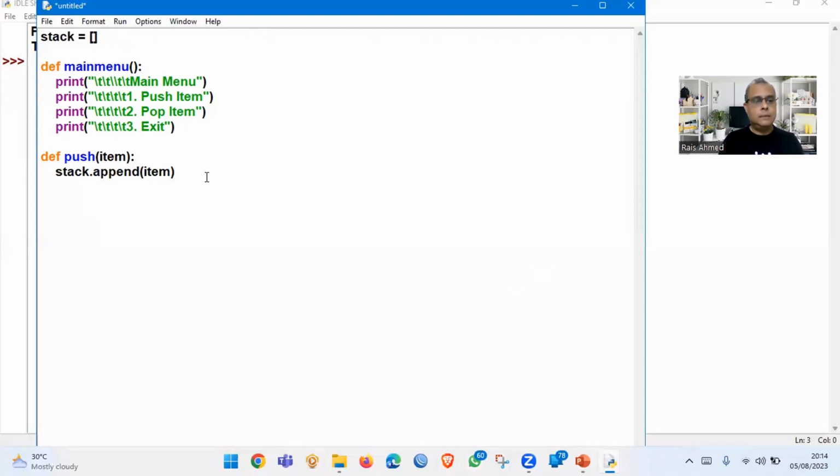Now the other function, def pop. Now pop function is going to return the item which is being popped from the stack. We know that when we want to pop the item from the stack, the stack must not be empty. The stack must contain some items. If the stack is empty, we cannot pop an item from the stack. So to check whether the stack is empty or not, what we are going to do, we are going to check condition. If